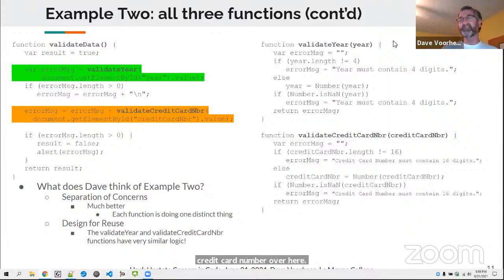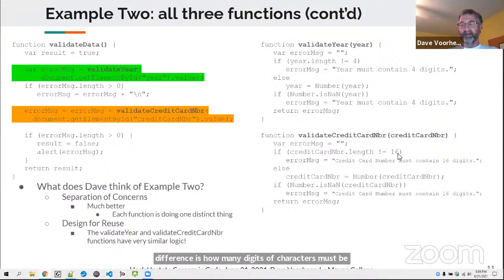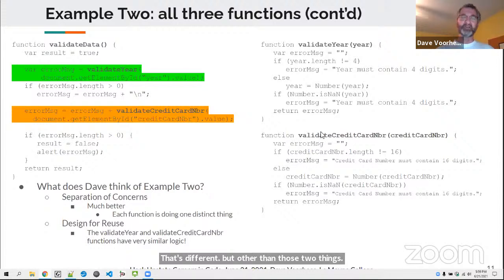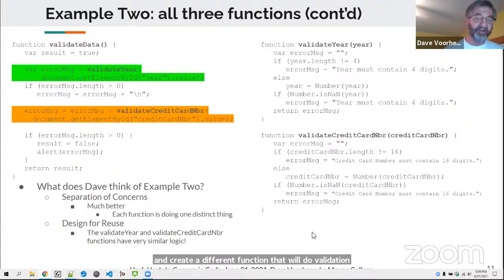The other difference is how many digits or characters must be entered to make that value valid. But other than those two things, there's a lot of similarity between these two. So really, our next example is going to focus on design for reuse and create a different function that will do validation of these two values slightly differently.